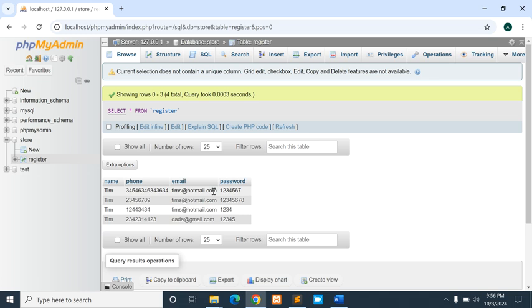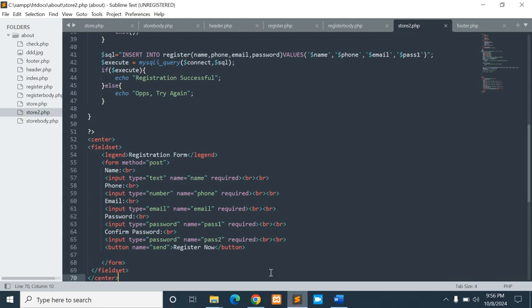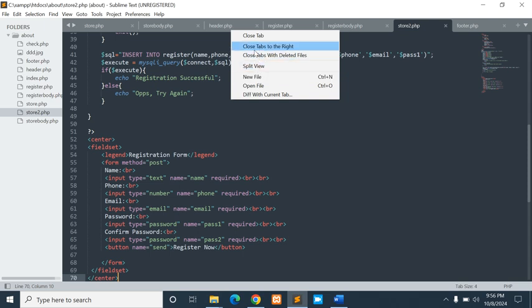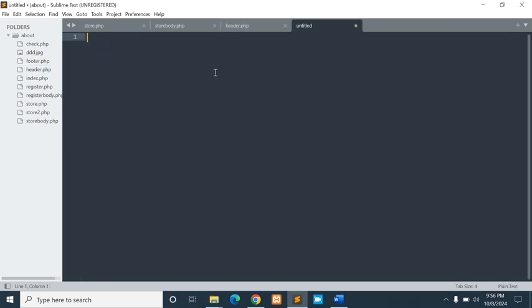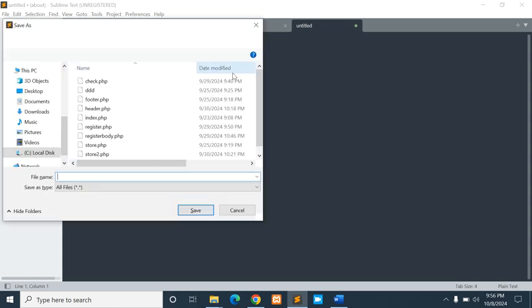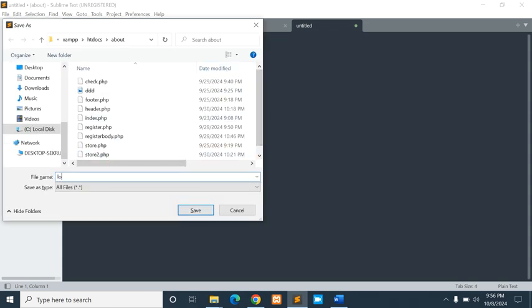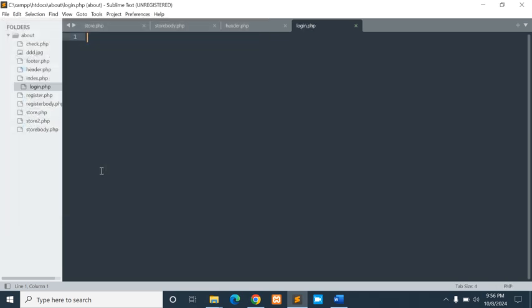But when it's not, we'll say either the wrong email or the wrong password. Okay, let's see how that is done. So now to do that, we need to just open a new file here, and then we save this one as login.php. So here we need to include the body, so we start our PHP,